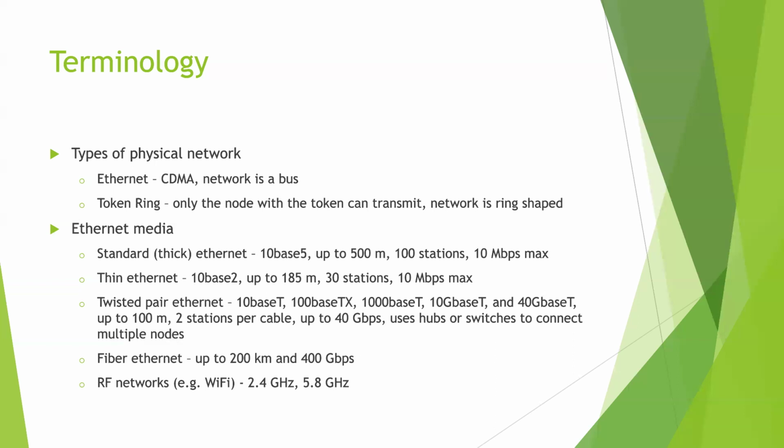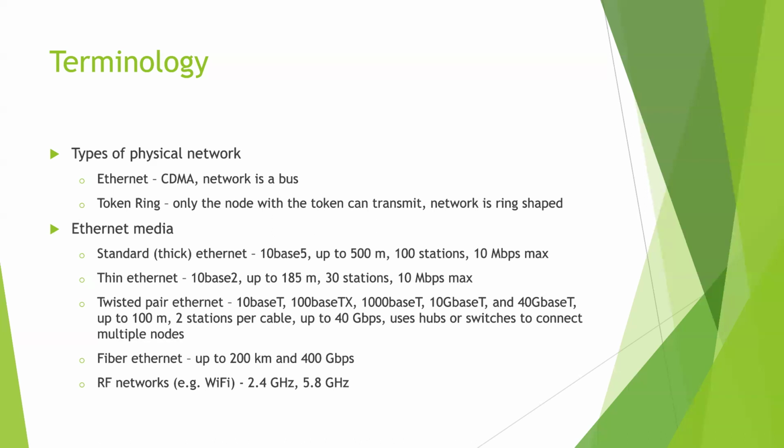Anyway, the reason that there was a limit of 30 stations is that every place you had one of those Ts, the radio signal coming along that cable, some of it would go down the T and some would continue down the wire. And so it would go down the T and bounce off and come down behind it. And so as you spread out more and more of those, you'd get that signal mixed up and you'd have too much noise by the time you had more than 30 stations. So ThinNet only allowed 30 stations.